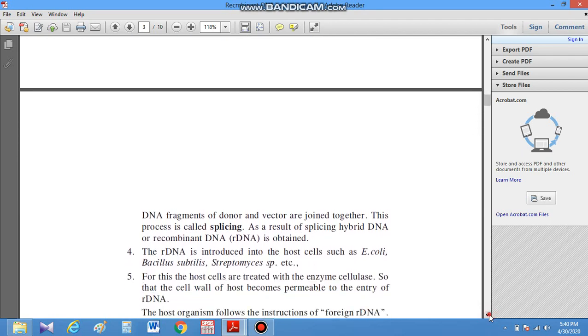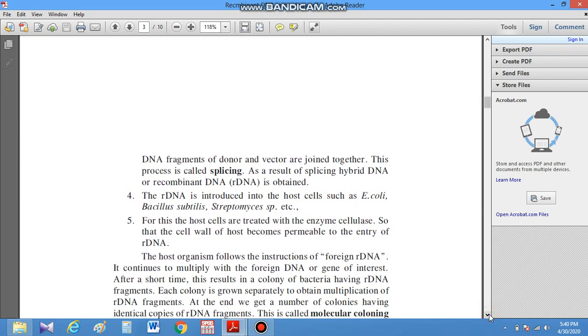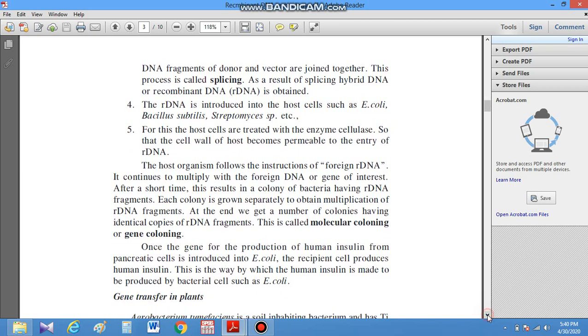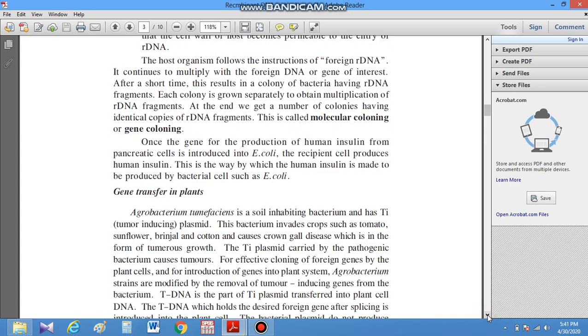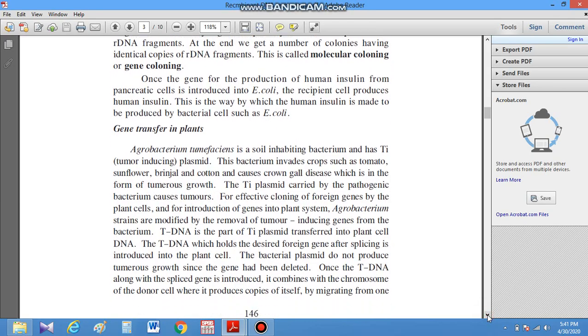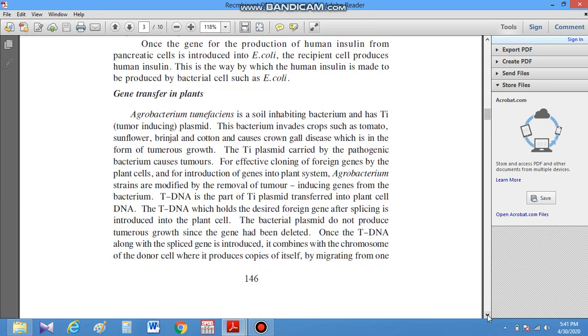Now we will discuss molecular cloning, also called gene cloning, and how genes are transferred in plants. Genes are transferred through Agrobacterium tumefaciens, a bacterium which has the Ti plasmid, which can induce tumors in plants during